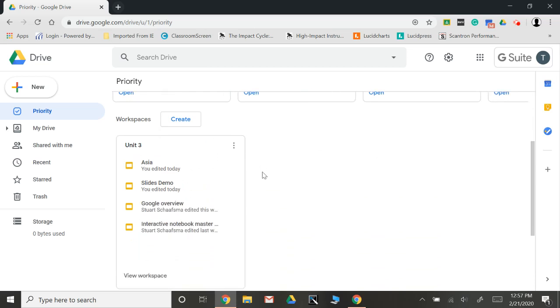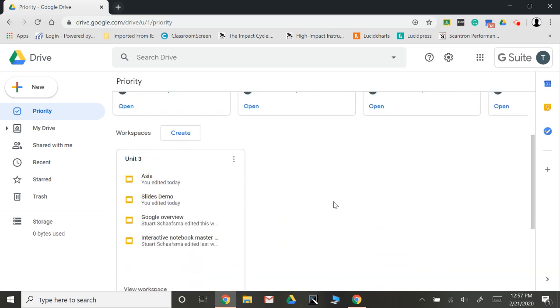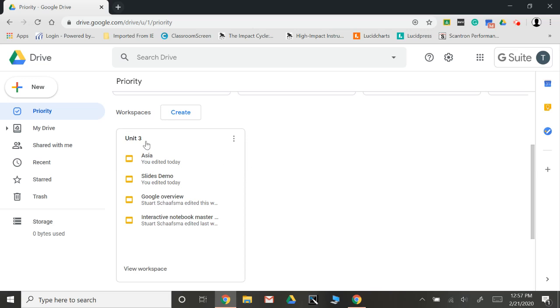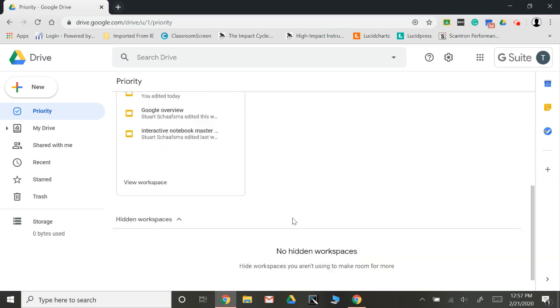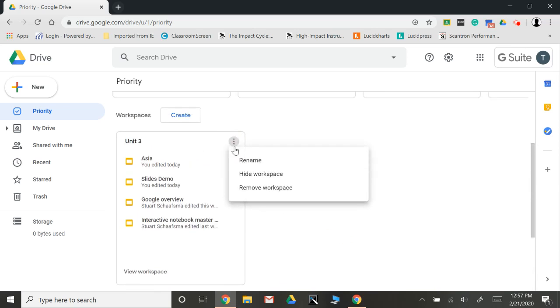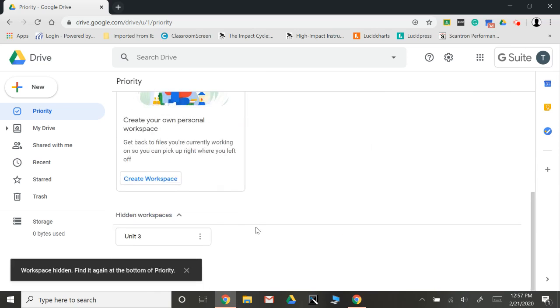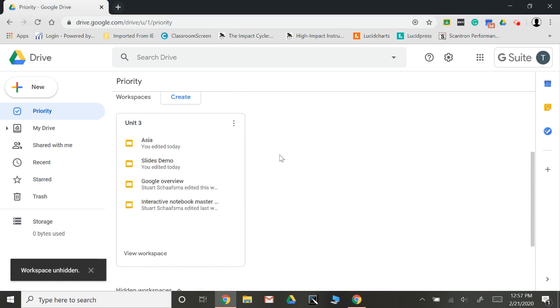I've found all kinds of ways. Like I have in my Drive, I have a workspace of, like, to do, done, ongoing projects, things like that. So, I've organized my workspaces by activities, but I could definitely see organizing them by periods and times of the day, holidays, different activities you do with the kids during the day. I mean, there's a whole host of things. And then what's great is when you're done with it, you just hide it. And then when that time of year comes around again, you unhide it,